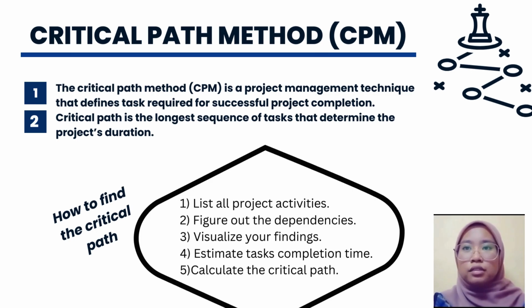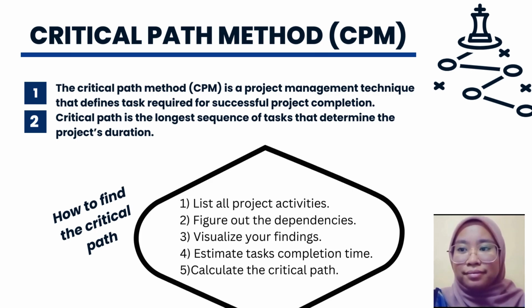The first one is to list all the project activities. Next is to figure out the dependencies. Third, visualize your findings. Fourth, estimate task completion time, and the last one is to calculate the critical path. Based on the question, we can see here the activity network. There are 6 activity networks, so I will list down each activity with its completion time taken to find the